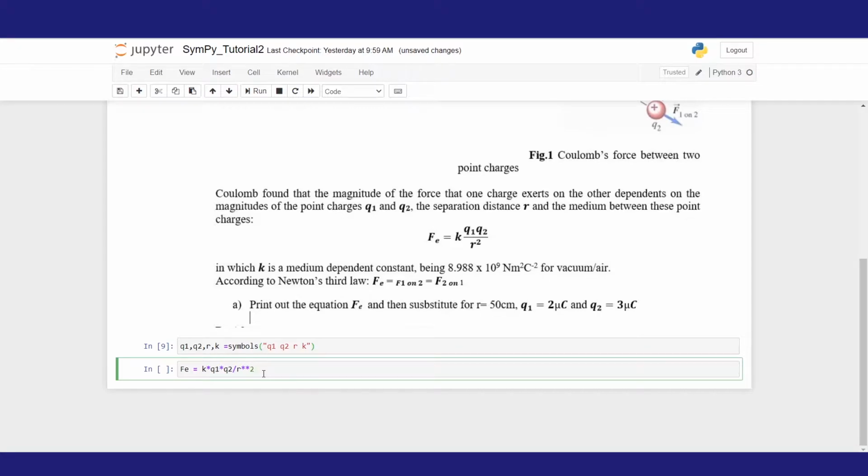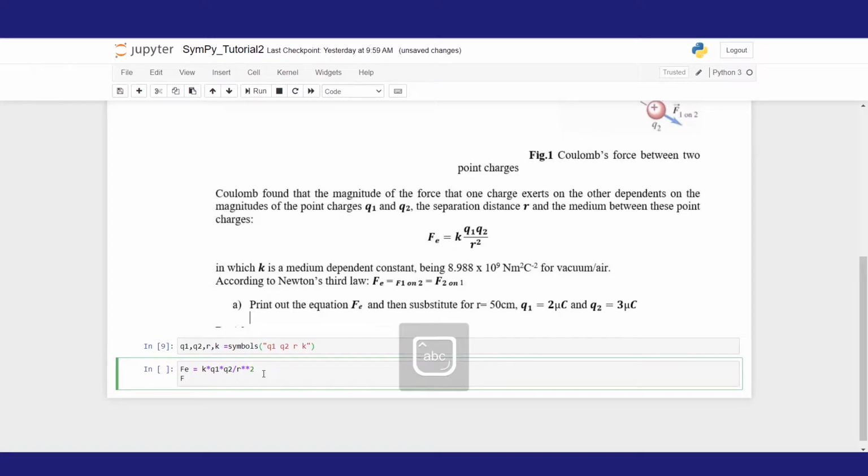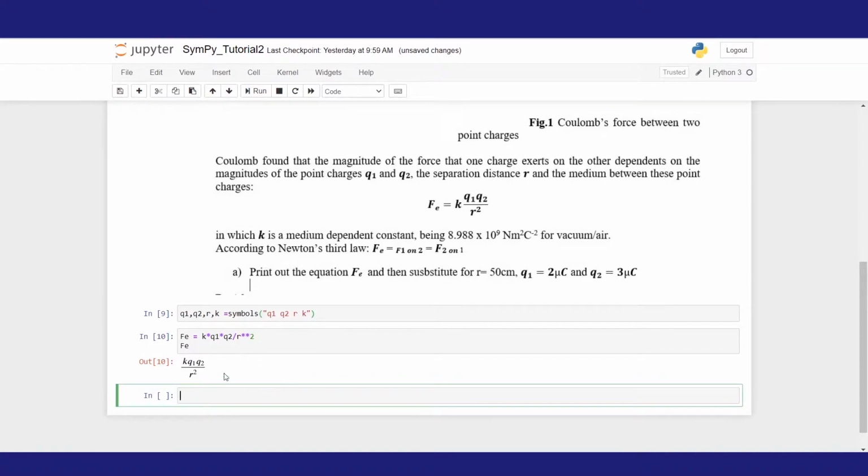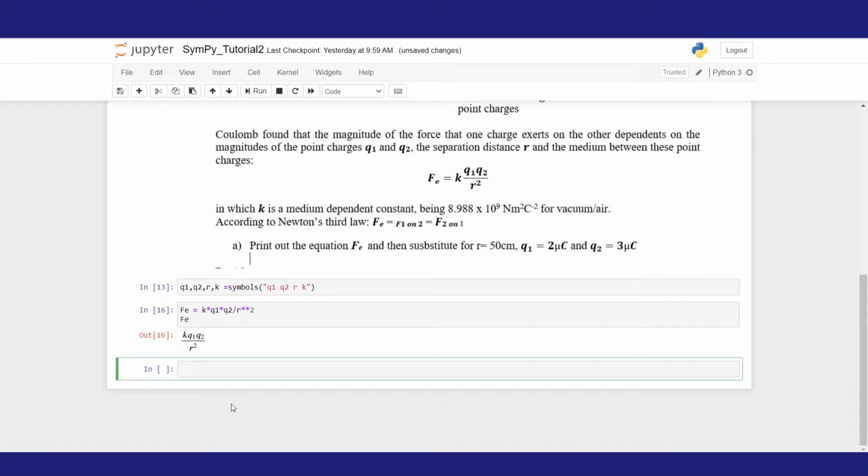All right, so if I go down here and write fe, this is going to be given by k q1 q2 over r squared. All right, so now that we have formulated our expression of the Coulomb's force between two charges,